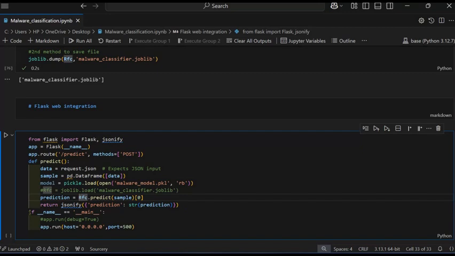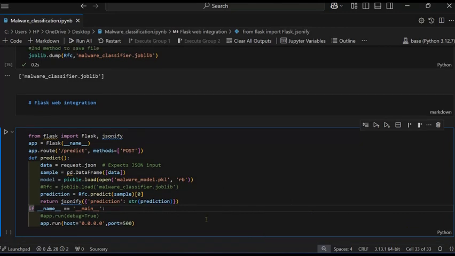And now this is used for the run. If __name__ equal to __main__, then it runs. It gives app.run with host equal to 0.0.0.0 and port equal to 5000. This one is also a run method, and this one is also a run method.